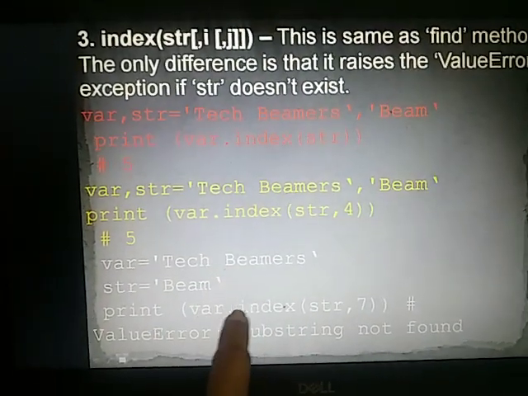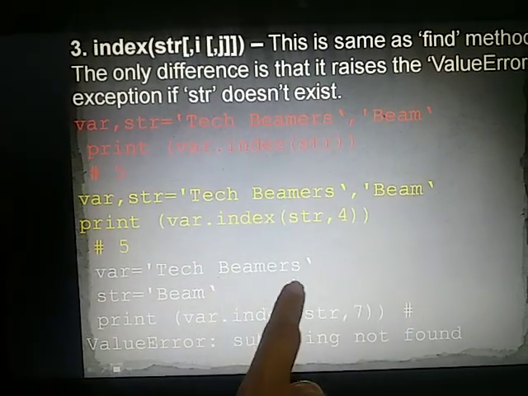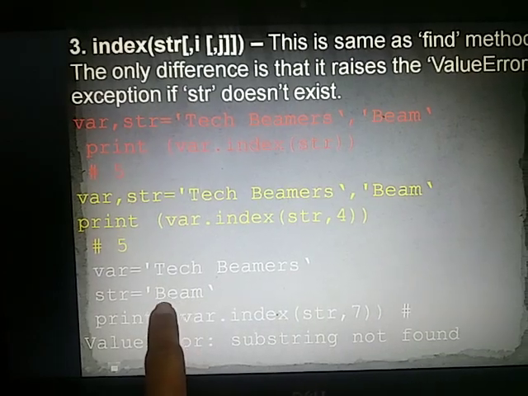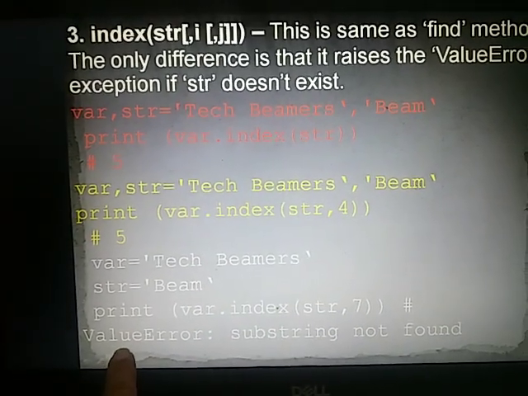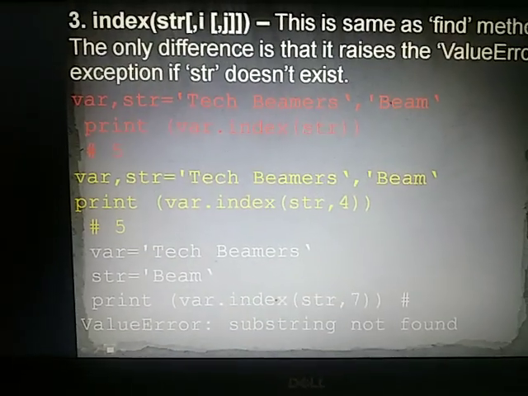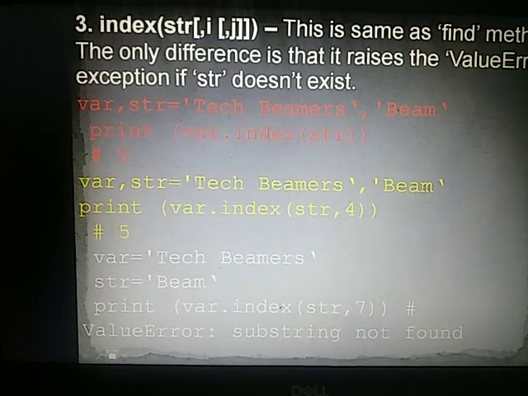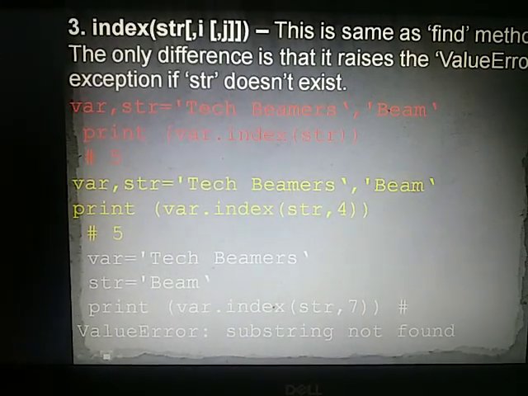Now here again we are using str, 7. As you can see, after 7 we will not find beam. So it will create a message: ValueError, substring not found. It is a value error, that this value is not present after this index number. Now this is the difference between index and find.